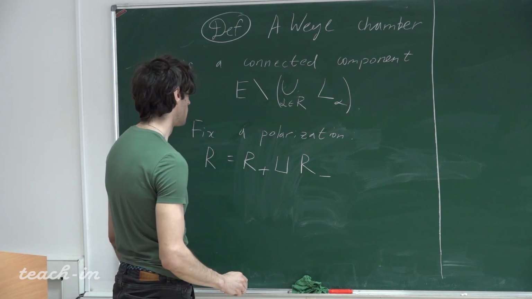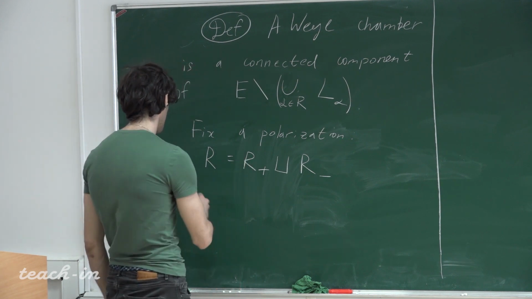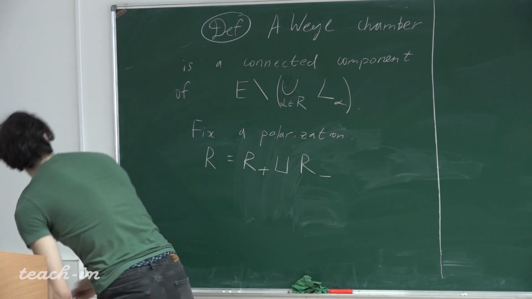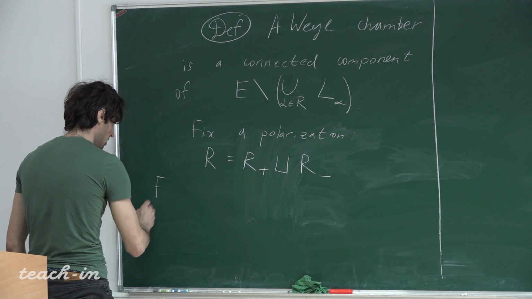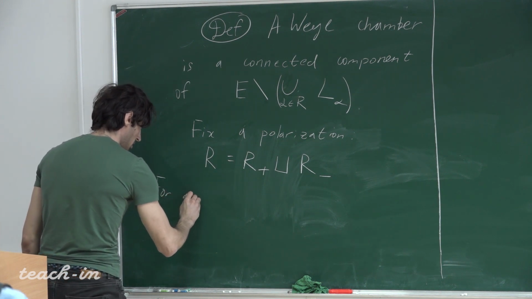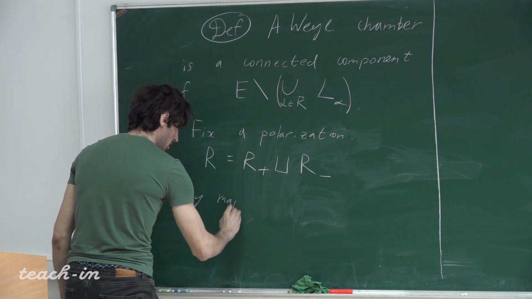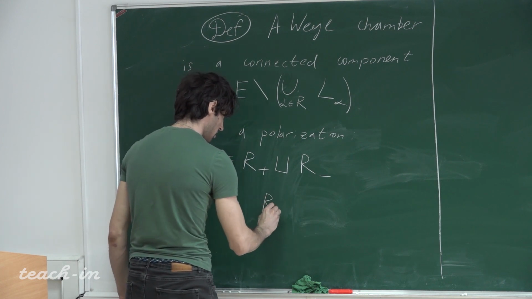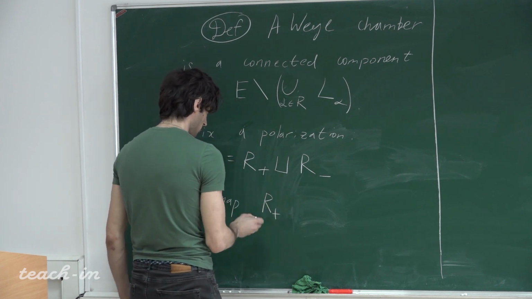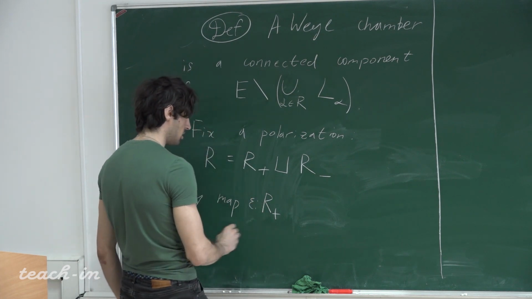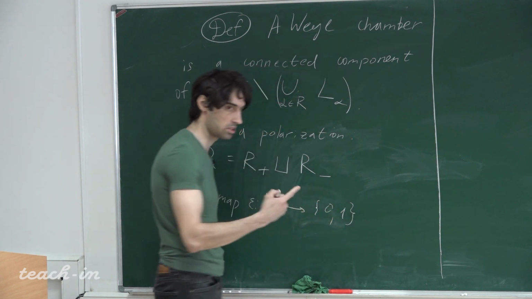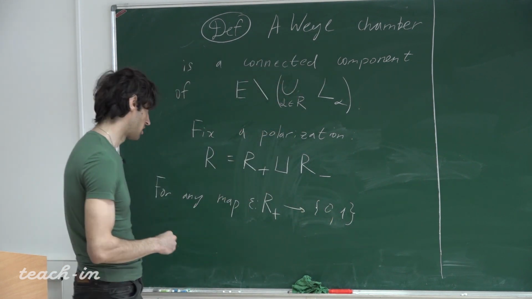For any map, let's call this map epsilon, from R plus to the set consisting of two elements, 0 and 1,